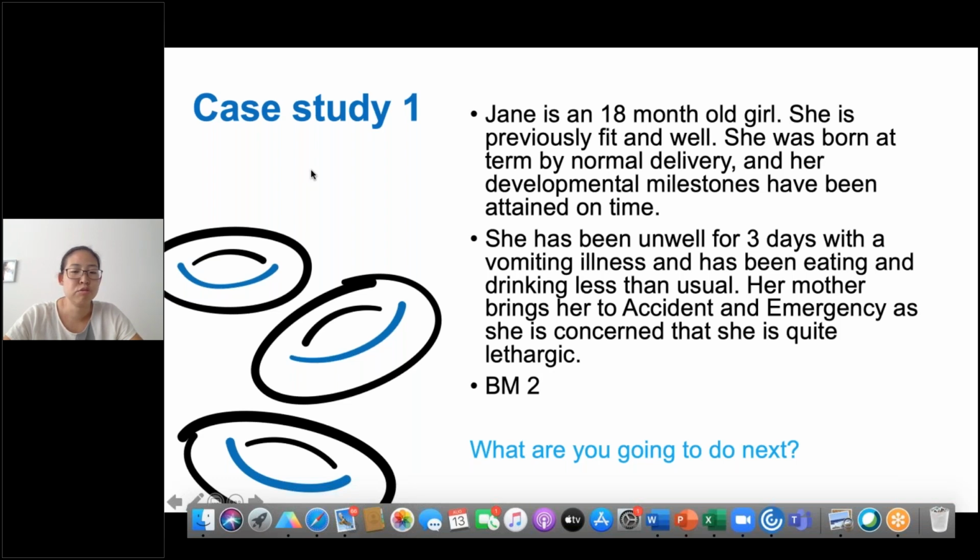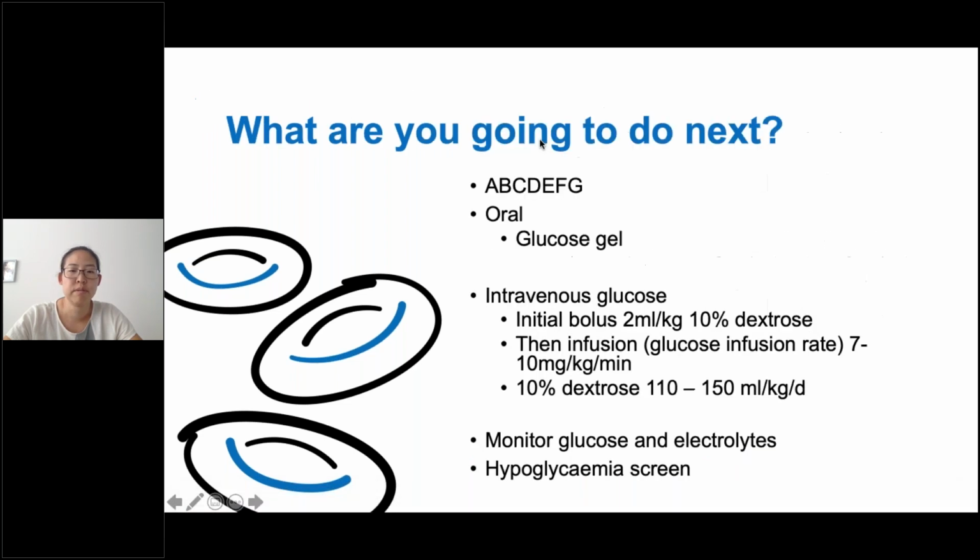Her blood sugar is 2. What are you going to do next? So we've been through a bit about what you're going to do next. So just remember A, B, C, D, E, F, G. Have a choice between oral glucose gel or IVs, but do your hypoglycemic screen, which in this case study, somebody